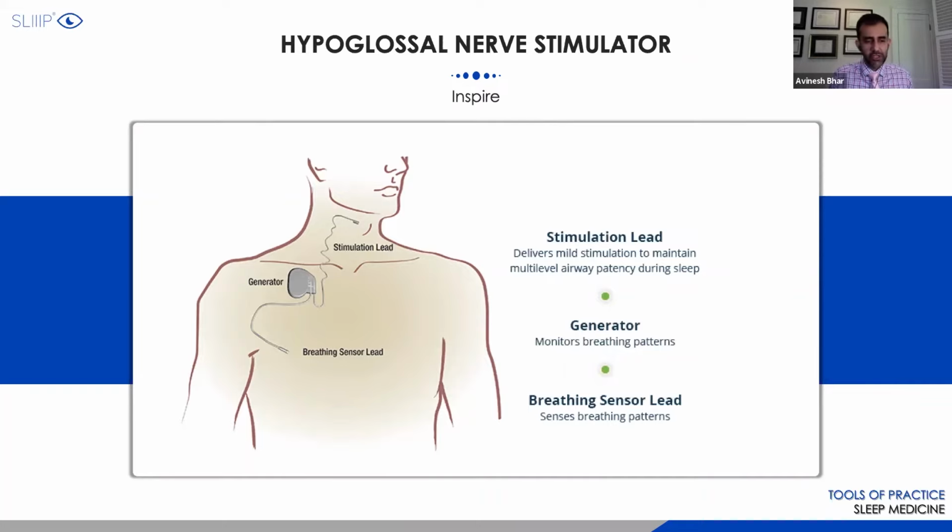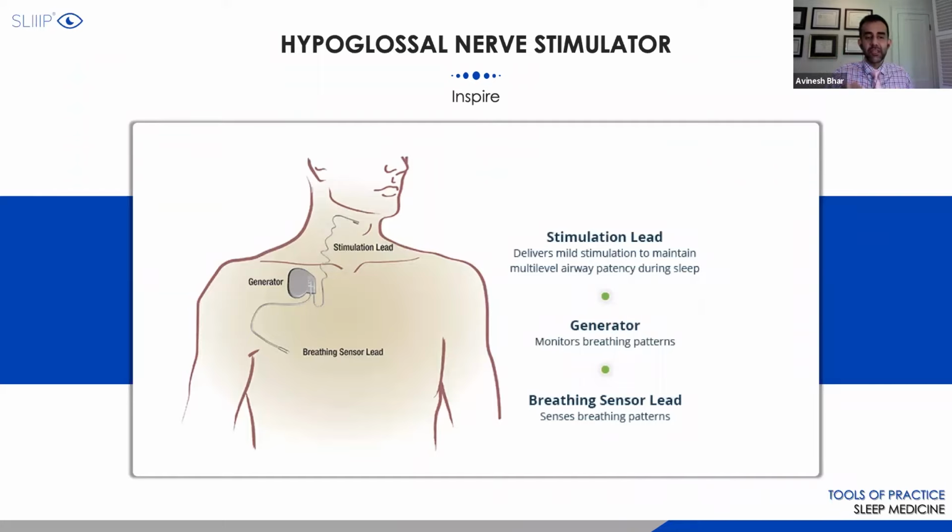My concern or caution with the Inspire device is you have to send it to a surgeon who's definitely qualified, and those who apply the Inspire device are qualified through the Inspire company. They will do a sleep endoscopy to assess the collapsibility of the airway. Because just because you don't tolerate CPAP and you don't want the mandibular advancement device doesn't mean you're going to benefit from the device. So the ENT surgeon will actually induce a state of sleep with sedatives, and they will go in through your nose, nasal passages, with the video scope, and they will look and see whether there's anterior posterior collapse.